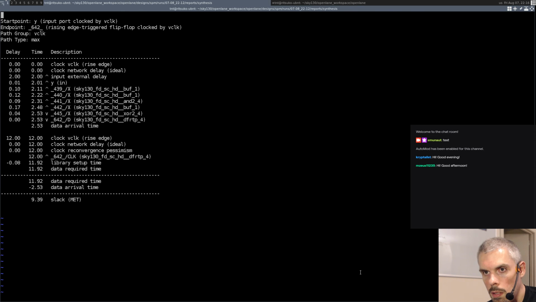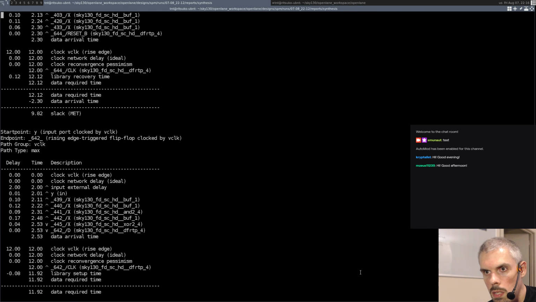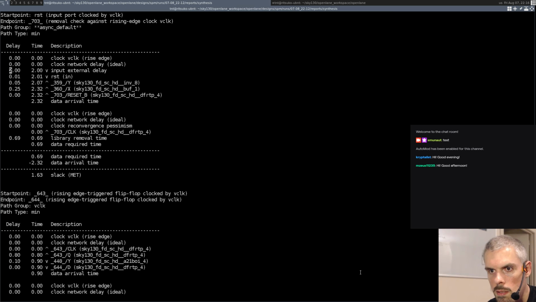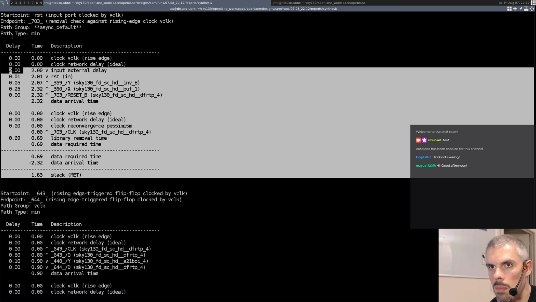But here you can start to see, I'm not actually sure if there is, so it will do a min and max analysis. So that's the minimum delay, and that's used for verifying hold time, so that the data doesn't change too fast, so that the flip-flop works properly. So each flip-flop has a hold and a setup time, and you use the minimum delay to check